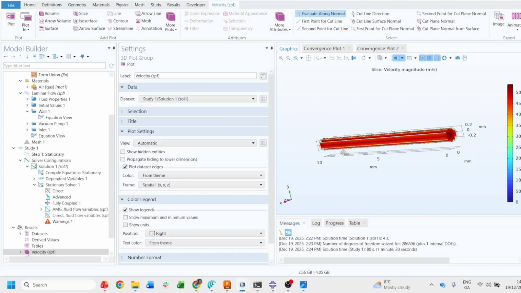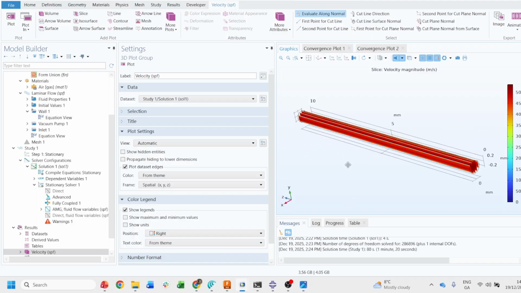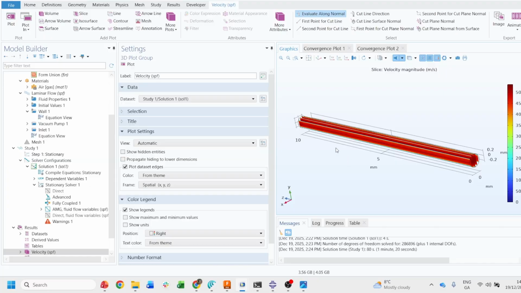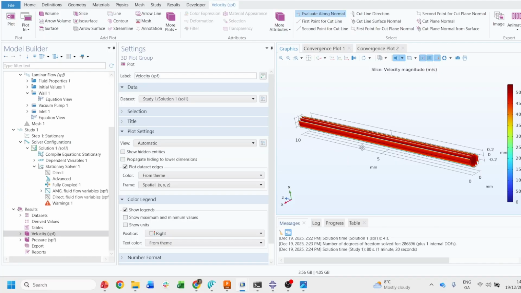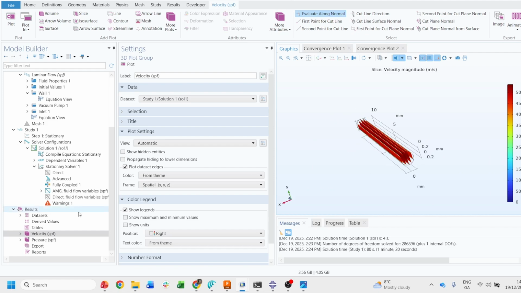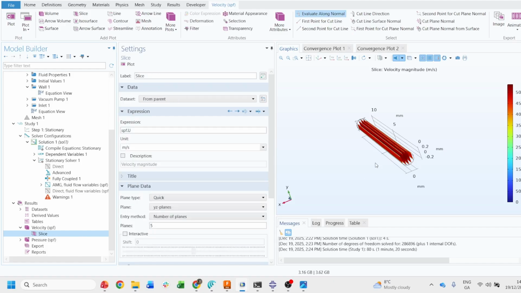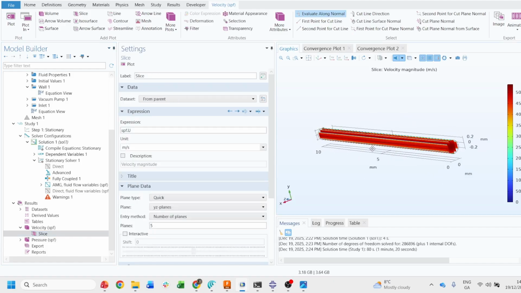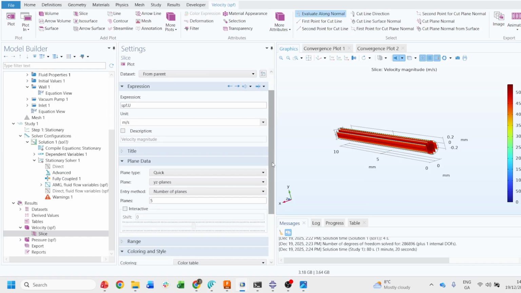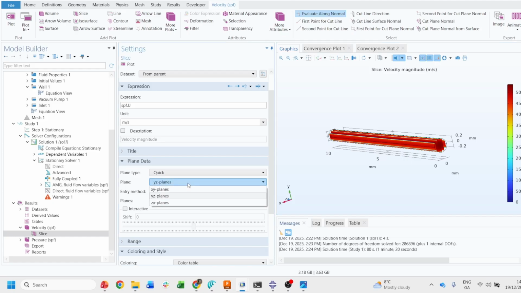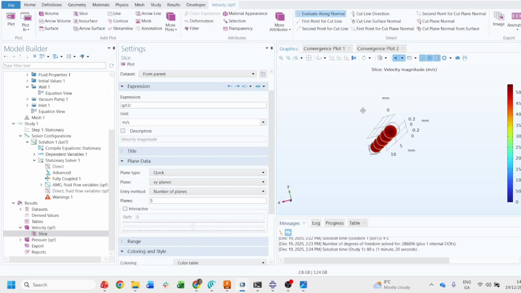Now you see you got the output for the velocity inside the pipe. It's plotted in the slice format. So if you see here, this is a slice in the YZ plane. Let's make it the XY plane. Let's see how it shows. So you see here,